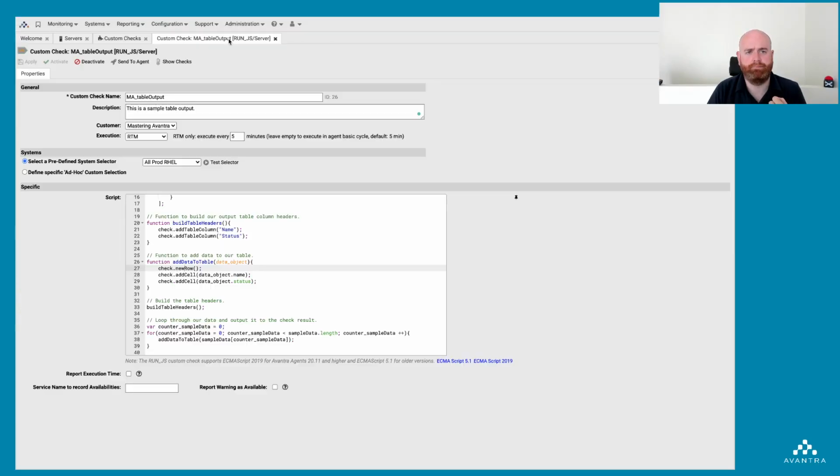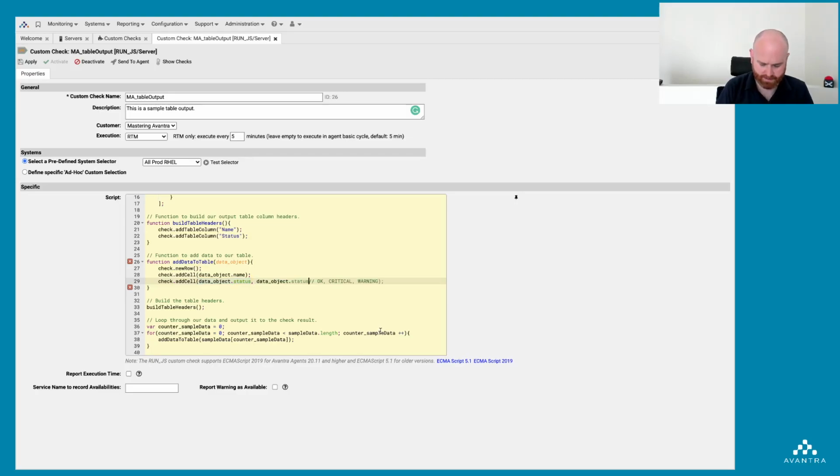So if I pop back to here, inside our add data to table, we are calling the function check.addCell. Now this can take one of two arguments, or rather there's one argument that's required, which is the one we're giving, which is the text we want to display in the table. There's an optional second argument to color code it. And this takes one of three things. It can take OK, critical, or warning, which will be green for OK, critical is red, and warning is yellow. So in this case, I'm going to set it to the status, because the status has already got this text in it. So if I do that, like this,